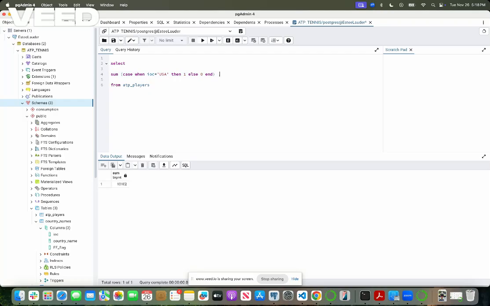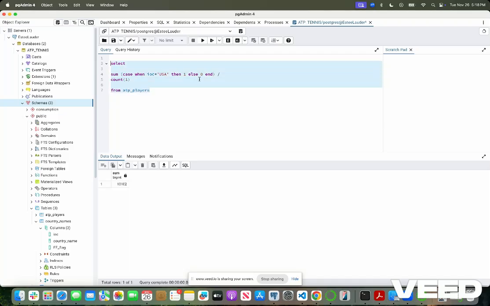An easy way to do this is select the count of players that are from the US and divide it by the total number of rows. The way to do that is just for every row, have it return one. So count one. This will give you, or let's give this a name as percentage USA. And if you run this,